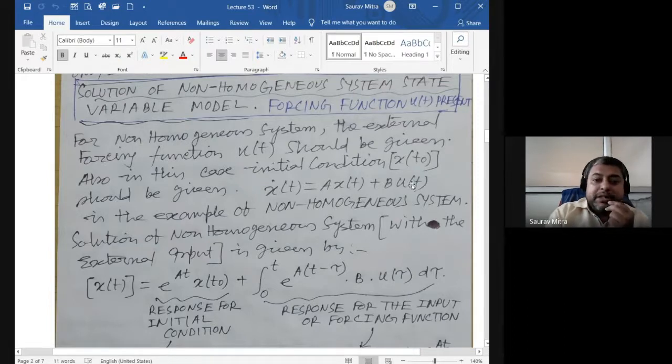Now this system is called non-homogeneous because in this case the external forcing function is given, so you are finding Ax(t) plus Bu(t). Previously only x dot t is equal to Ax(t) was given, and I found what the response was. So this is now a non-homogeneous system. The solution of the non-homogeneous system with the external input u(t) is given by